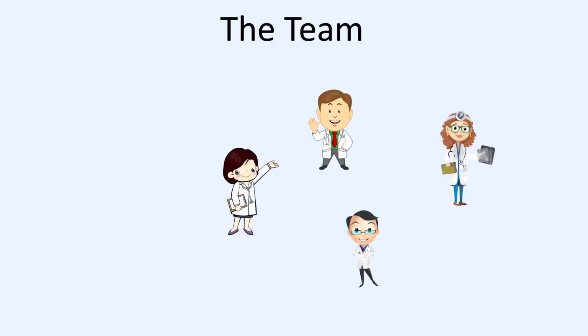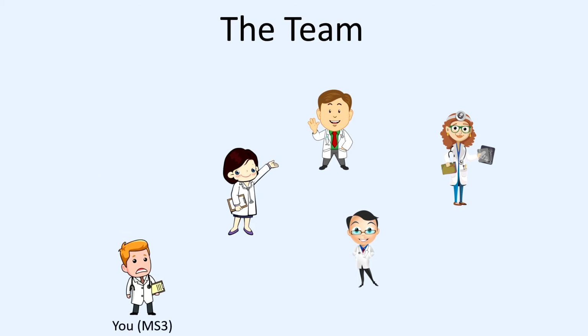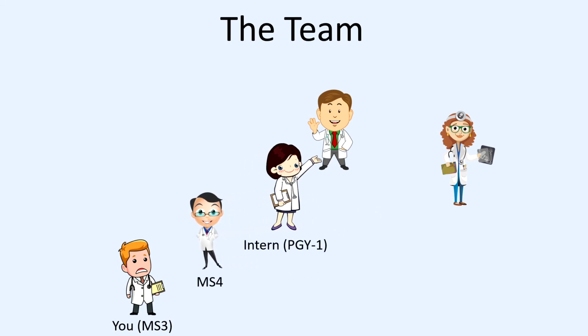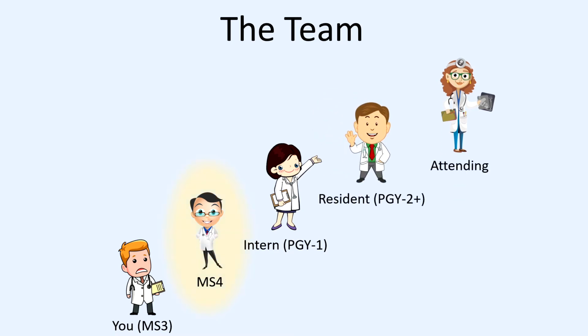Now let's start talking about the team that you'll be working with, because I actually really clearly remember in the first couple of weeks having absolutely no idea who I was with and who was on my team, and it was something I seriously wish someone had just told me very quickly at the start. The team will consist of you, the MS3, possibly a fourth-year medical student, first-year residents, also known as interns, senior residents, and an attending. The fourth-year medical student may be doing their sub-internship or acting internship, which means they are likely going into that particular field and are going to be trying their hardest to do well on the rotation.